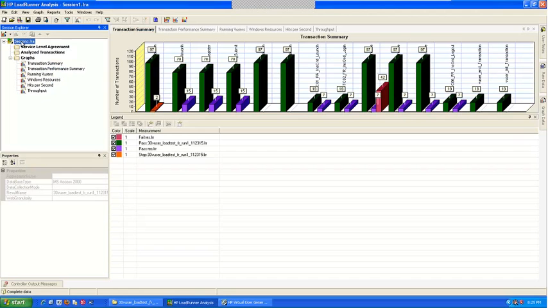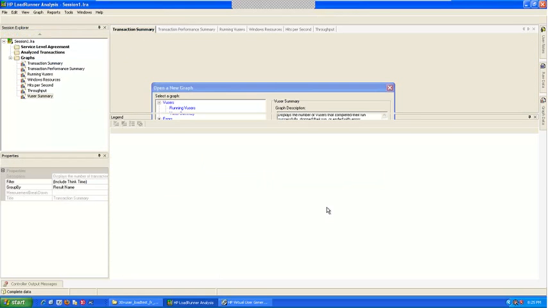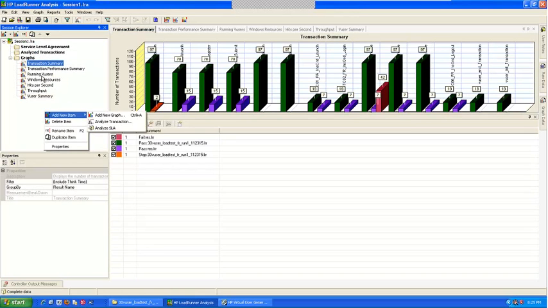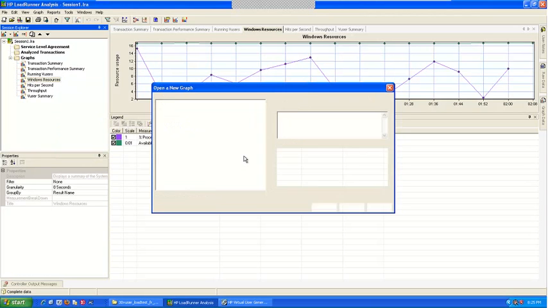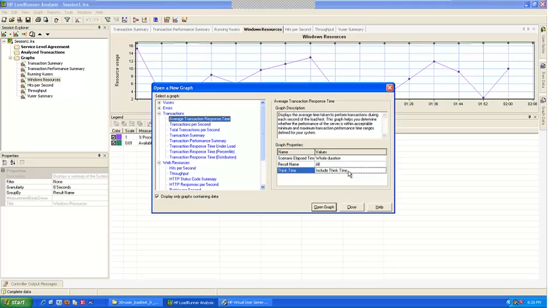So let's open the session. Open. When I'm opening the graph, I can exclude it here.